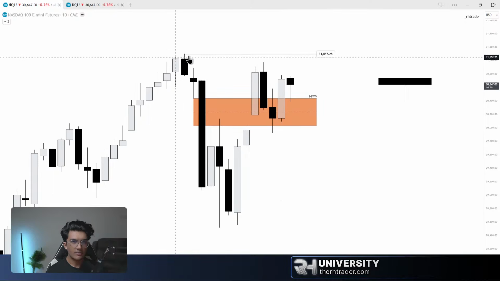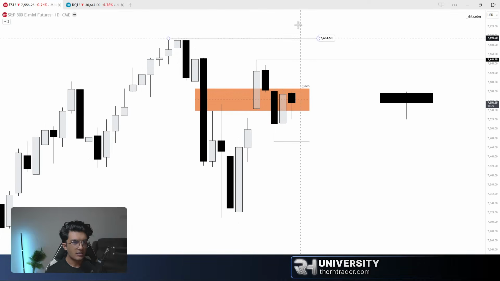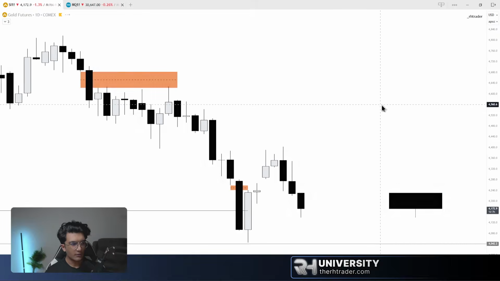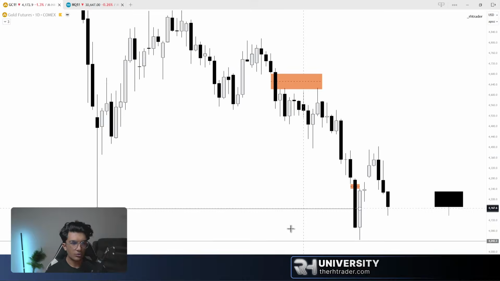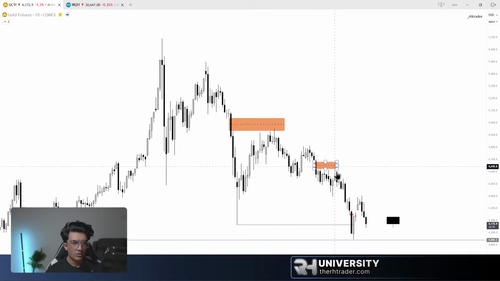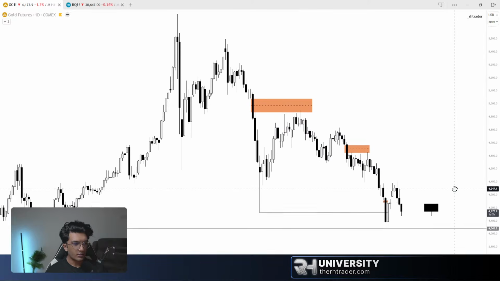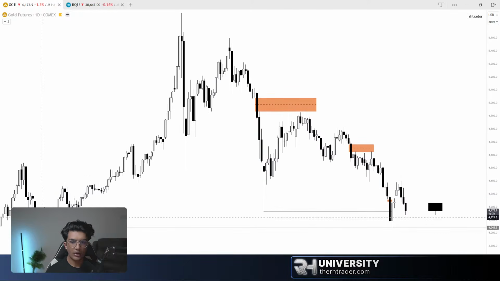I'm expecting price to expand higher to take out this high. ES expanding higher to take out this high for the next week. All right. So let's have a look at gold. So this is quite great for gold. We have literally pushed all the way here, and I believe from here I've called it here on the live stream. This objective has been met, and as I mentioned in the previous week, we can expect a retracement as we have, and we are moving lower.